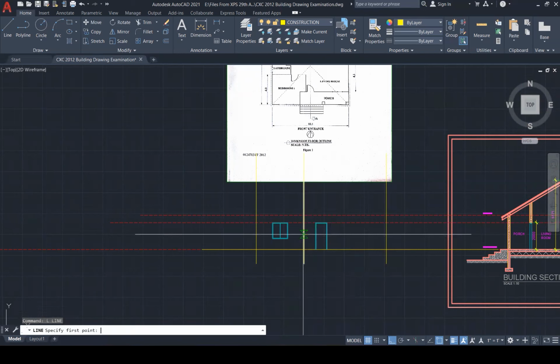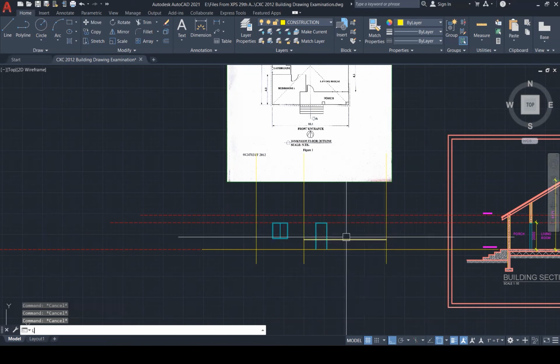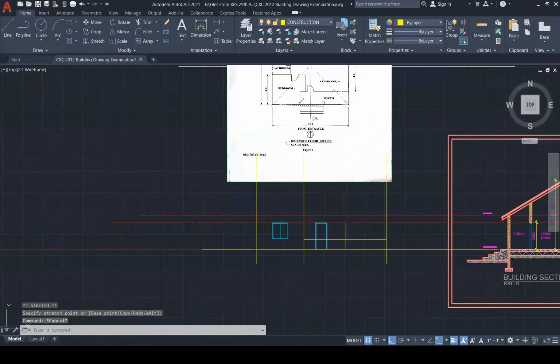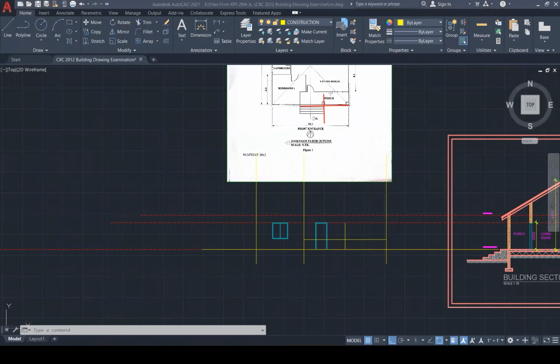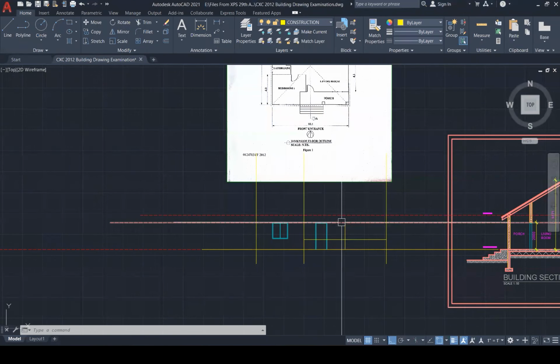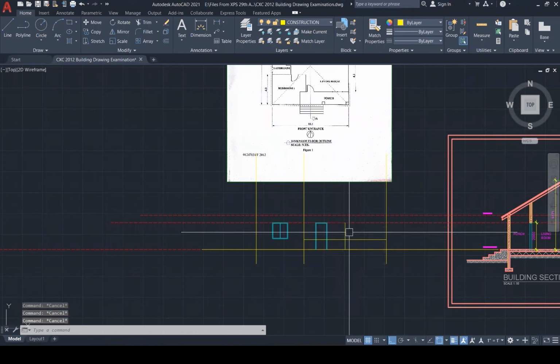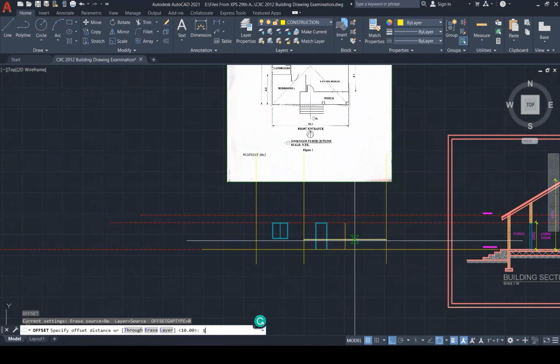After knowing this, I can take this and divide it into half. Yep, and this is where the column is going to go. So why did I do that? Because I took this distance and divided that into half. I think I explained that already, so I'm not going to spend too much time on that. I've divided that into half, and I know a column is going to go there, so I can just put in this column at